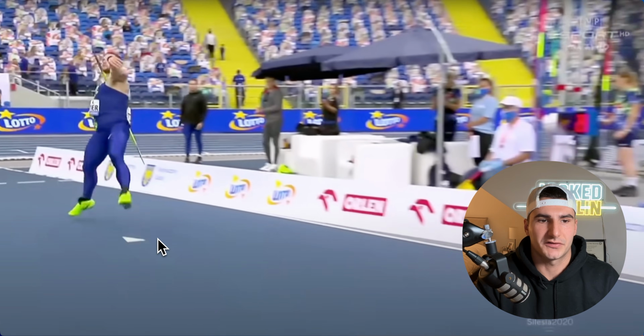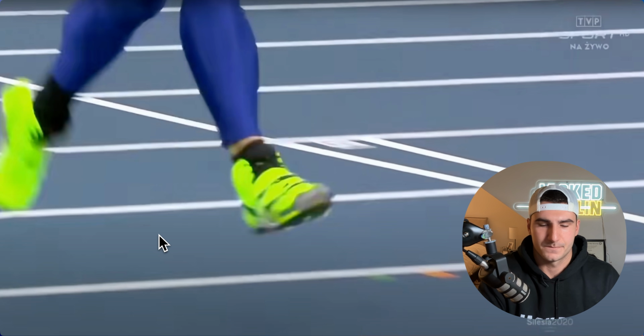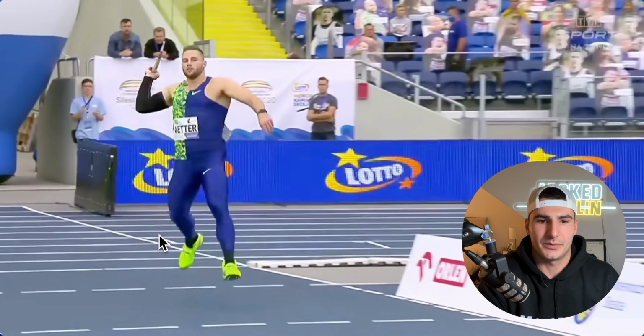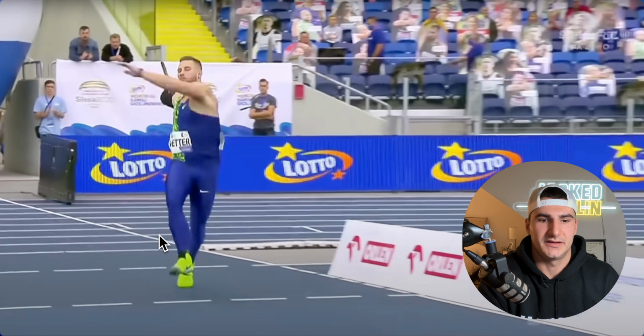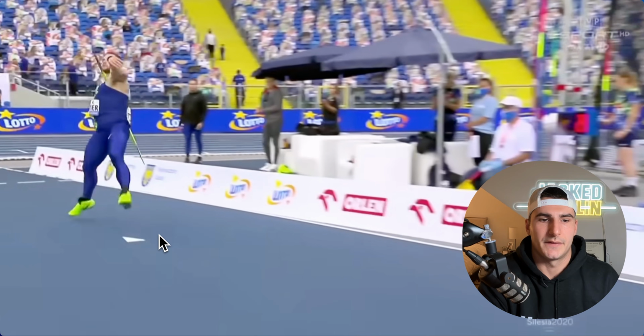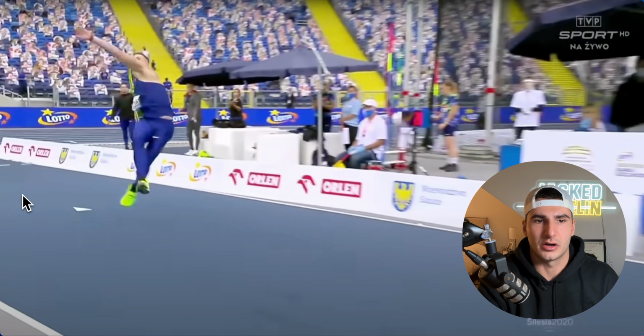Then he's got his crossovers. And you just see how powerful this penultimate is here, where he's really slapping the ground. He's slapping the ground with each of these crossovers. And then, boom, when he hits that penultimate right there, you see that white apex marker on the track. He hits that, and you see how he's just jumping forward where his right leg is coming across his body,